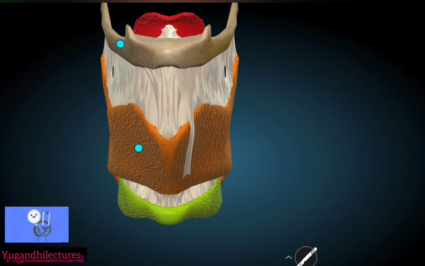As I already said, the lower part of the anterior border forms the laryngeal prominence. What about the upper part of the anterior border? The upper part of the anterior border does not meet. They are separated by a thyroid notch. So this depression or this fossa is called the thyroid notch. So the upper parts of the anterior borders do not meet with each other; rather, they are separated by a thyroid notch.